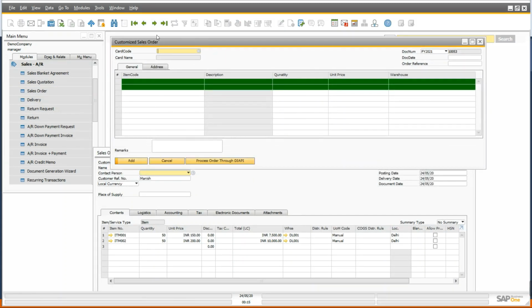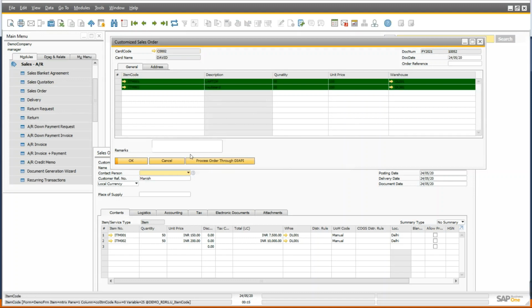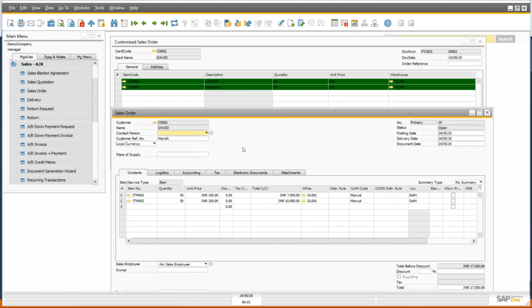Let me also go back to our custom UDO form so that we can match it with the system standard sales order form. The quantity is 50, here is also 50. Unit prices are 150 and 200, here also 150 and 200. Warehouses are also matching.